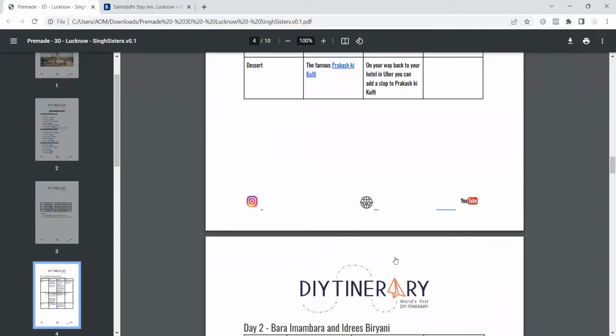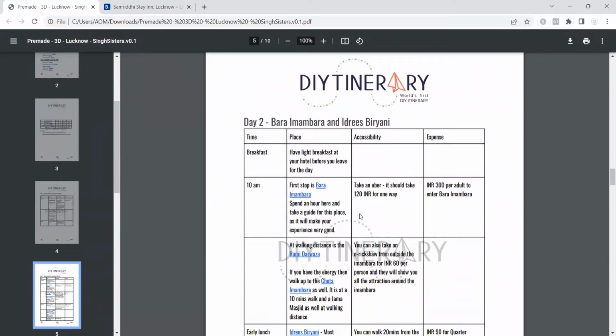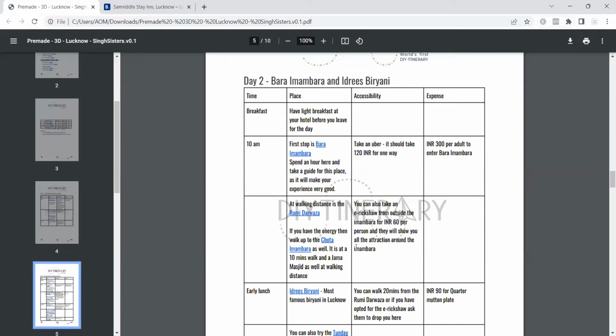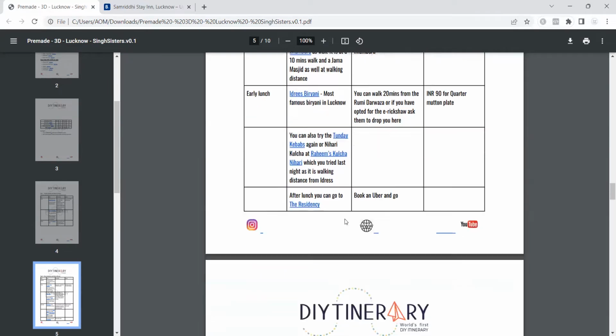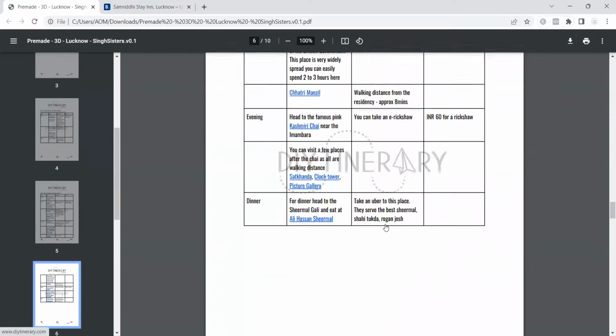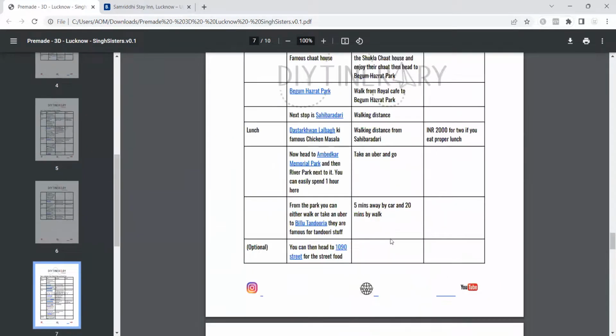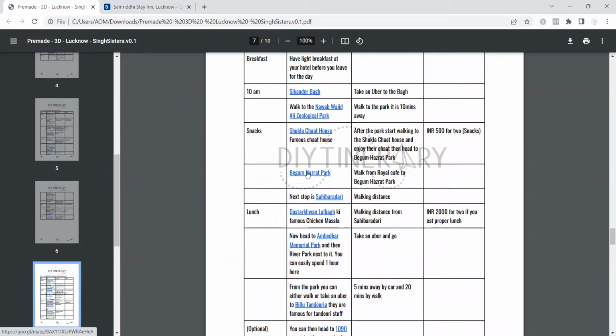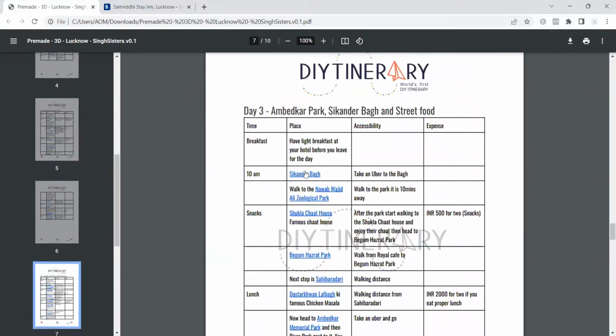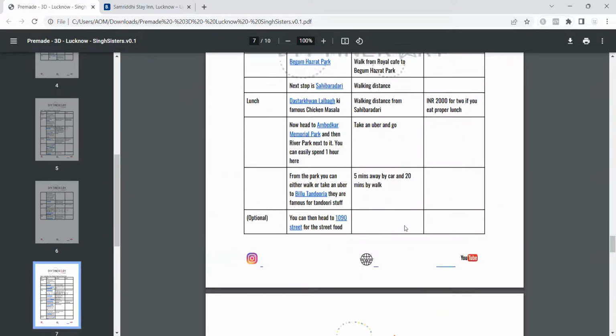This is specifically an itinerary for a foodie. So that is why it's more focused on just food, but usually in an itinerary we also have things to do, and I can show you one like that as well. Since this itinerary is specifically for a foodie, after the 3 days that are planned, here we have some sightseeing as well, so you can see, go to the Sikandar Bagh.